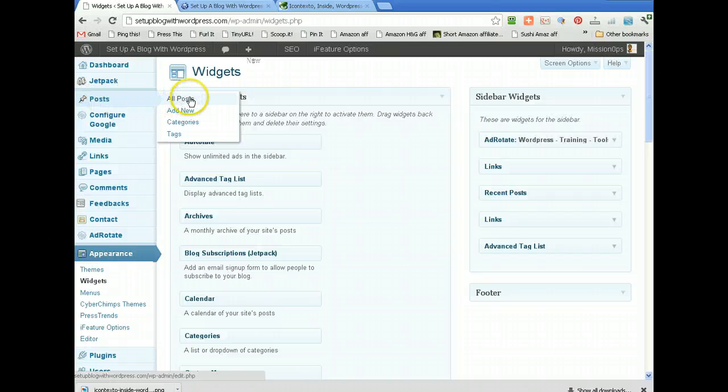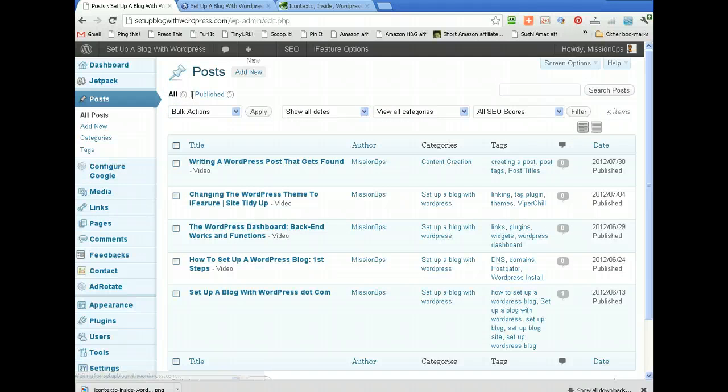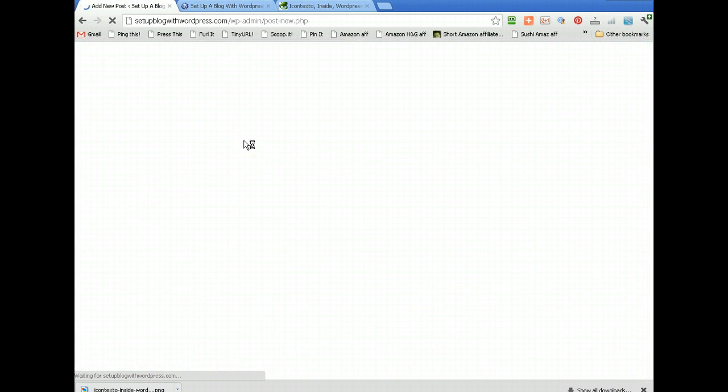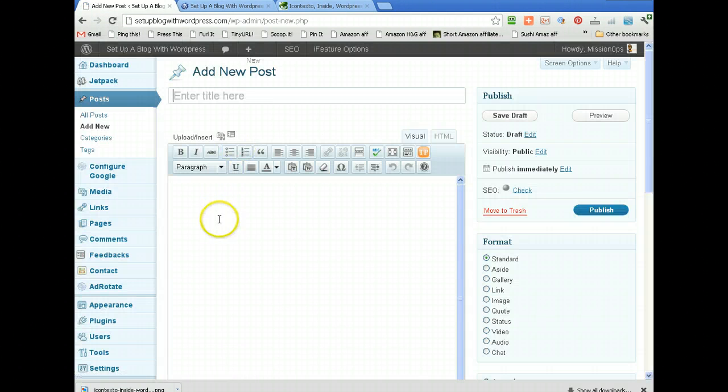I always add a new post, or I always have a draft or a pending post in my blogs, and I call it pictures and vids. I literally add pictures or videos that I want to have on the blog into this post and grab code, and I'll show you what I mean. WordPress makes it really easy for us to grab code like this. So I'm going to call it pics and vids,